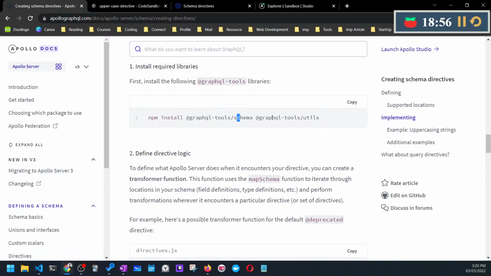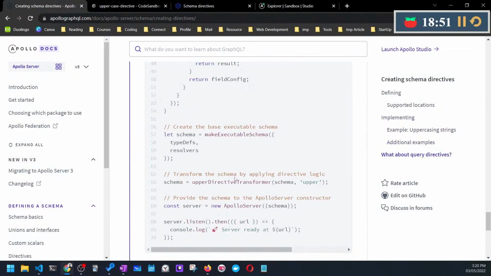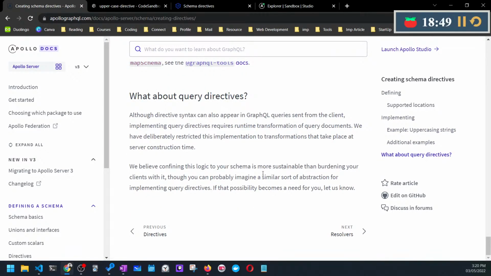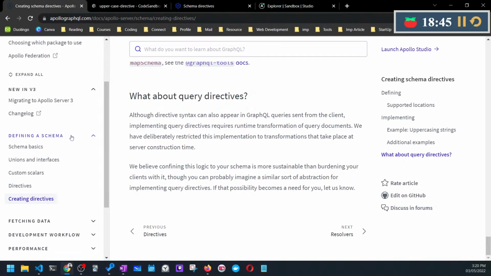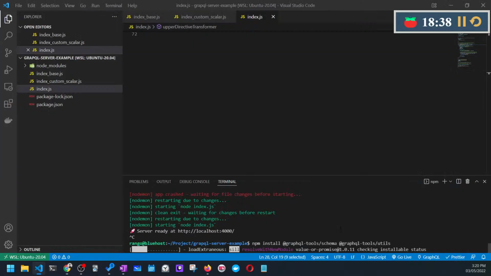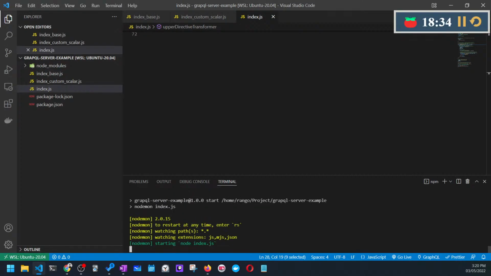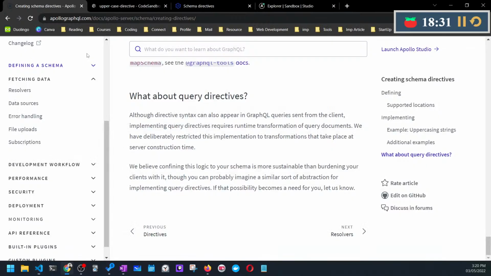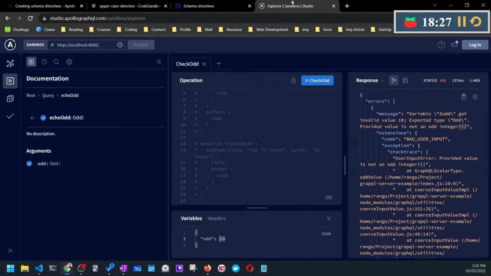So GraphQL tool schema, then GraphQL tool utils. Once it is installed, then next step is resolver. So schema definition is finished. Next is resolvers, data source, error handling, file upload, and all those things. So it is installed and npm start. And if I go to the Apollo Explorer,